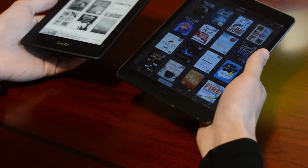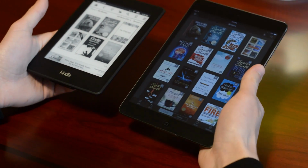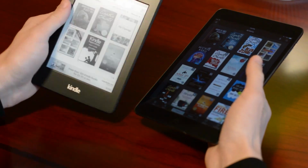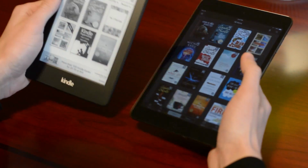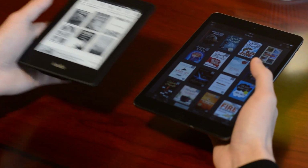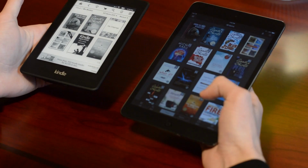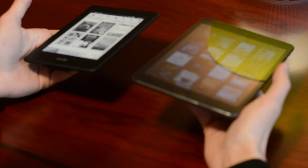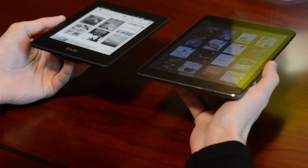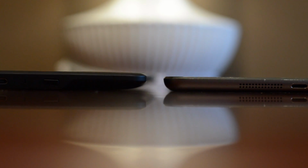The iPad is a very good tablet for reading. It's nice and light, and you can hold it in one hand like I'm doing right now very easily. But the Kindle is just so much better. It has bigger bezels, which is actually nice because you can put your thumb there. And it's lighter than the iPad. It's smaller, so it has a 6-inch display as opposed to the 7.9-inch display on the iPad mini. The iPad mini is actually just slightly thinner, but you can't really notice that obviously if you're like I am